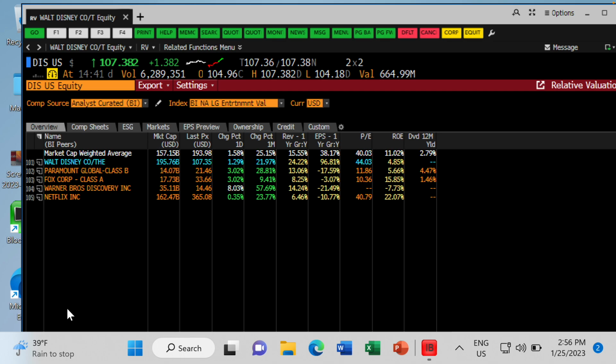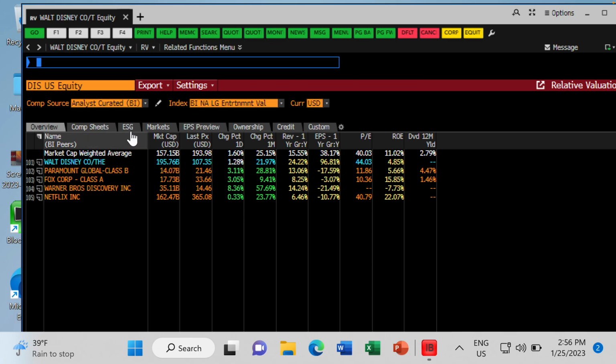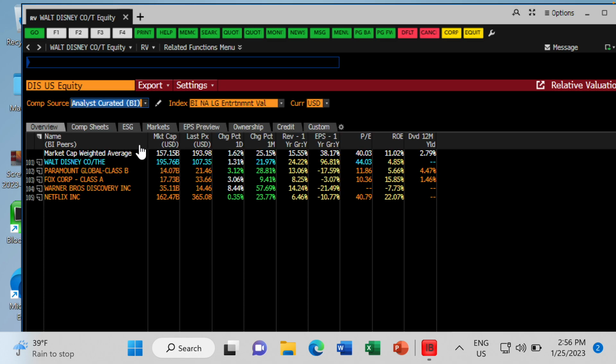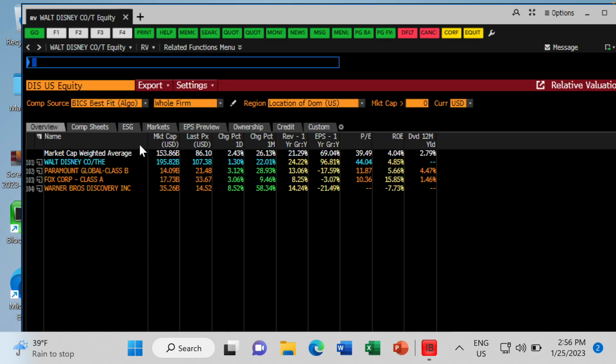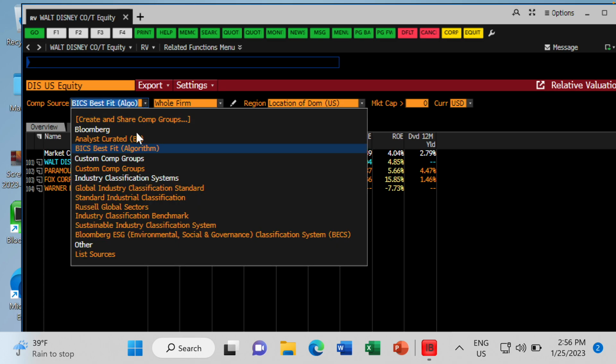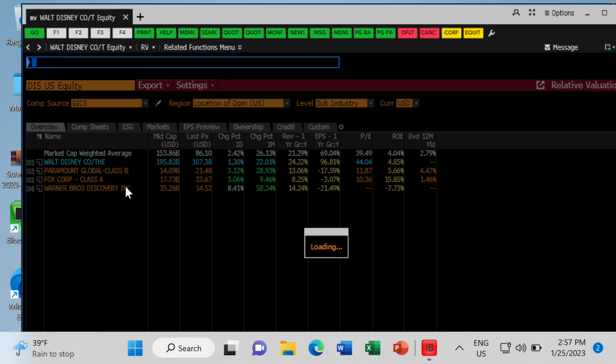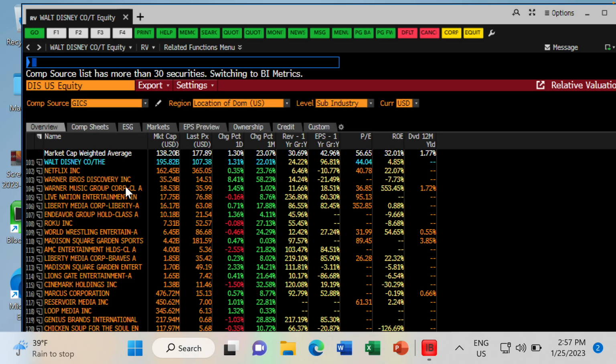By default, this will give me the Wall Street peer group that Wall Street uses for Disney. Now, I can edit this list to my heart's content. I can also choose where it says comp source to use other peer sets for Disney. Okay? This one is the one that the analysts have chosen. There's another one which Bloomberg does by algorithm about who they think their peers are, so the computer picks them. There's also, for example, GICS, the Global Industry Classification list of Disney's peers. So there's different ways to slice this and dice this, and I can edit to my heart's content.